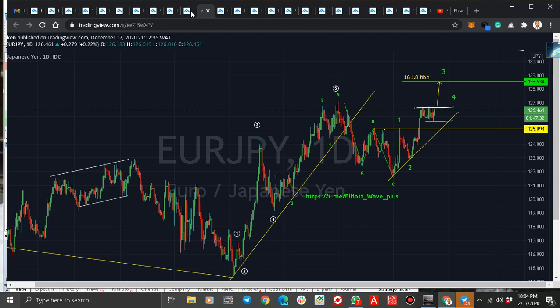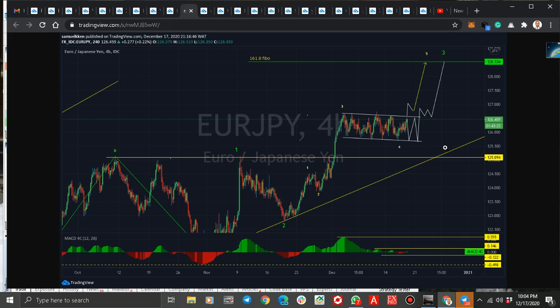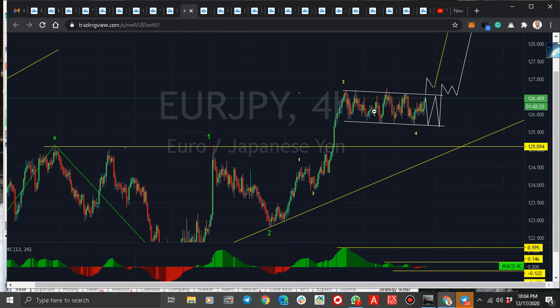So let's go to 4 hours. You can see on 4 hours, this is consolidation. So I expect the entry of a break of this very line. So it's either break here, correction, then buy, or it makes more consolidation before it breaks. But surely it's gonna break this very channel and go up. That's for 4 hours, not on 1 hour.